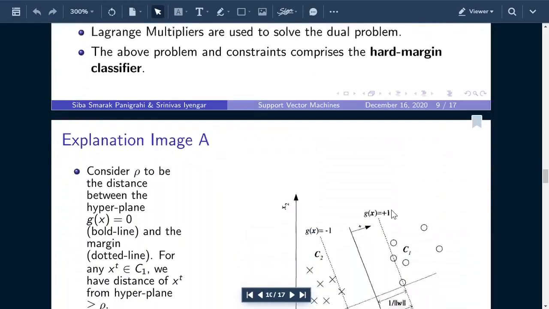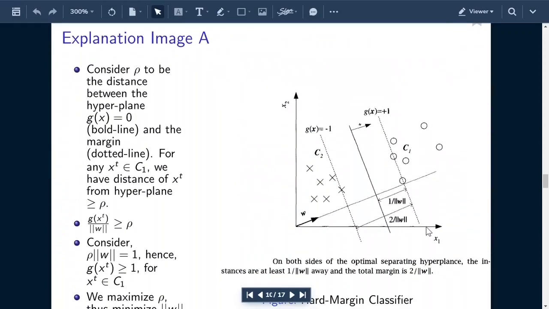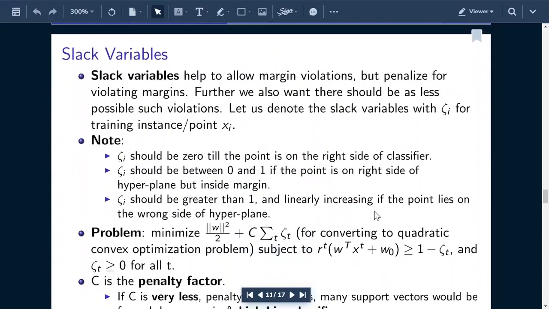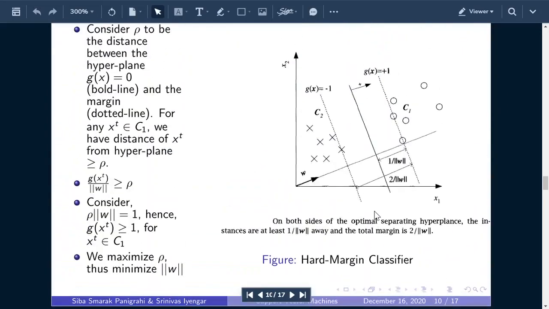Let me just recap it a bit. What we did: we designed the hyperplane, found the margin, found two margins, and tried to maximize the margin as much as possible. We tried to push them to the maximum extent till they cannot be pushed any more. Then we did some simple distance analysis to obtain the constraint and the objective function. Now that was a really wonderful case. This picture you can see and say that it is a beautiful picture.